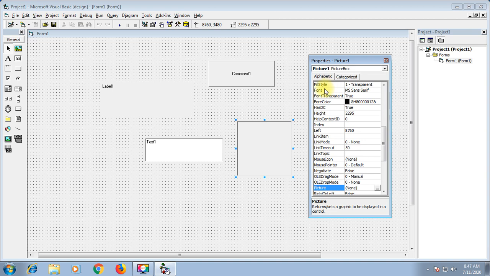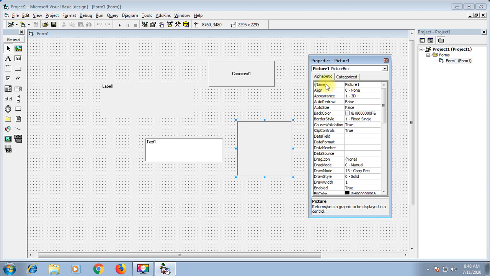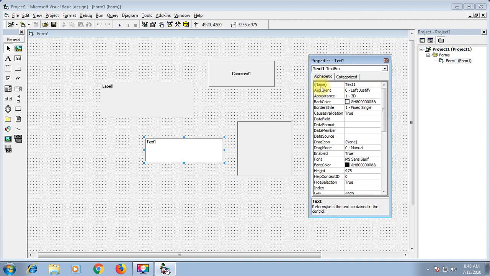Just select it from the list box and view the first property. Nothing else to do right now. Only one property, name. All have names. Picture 1, name picture 1. Select text 1, look at the name property, name text 1. Got it?